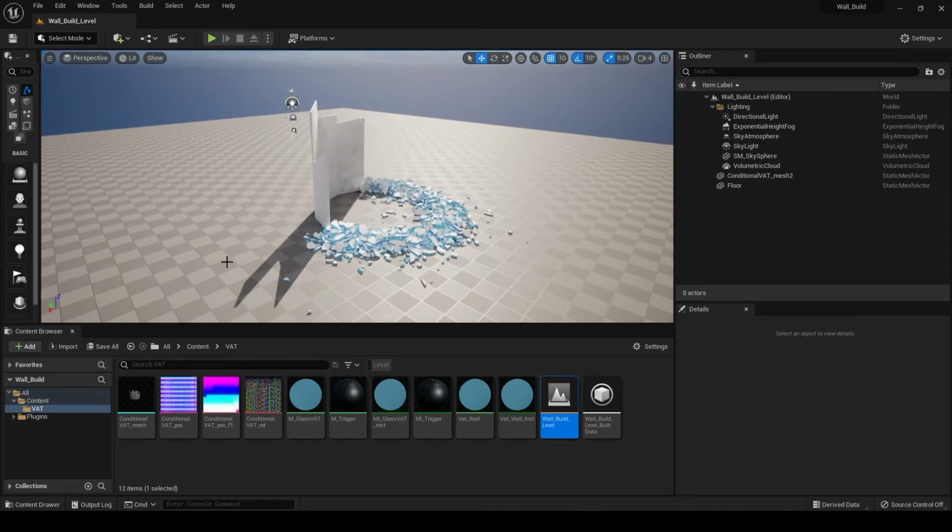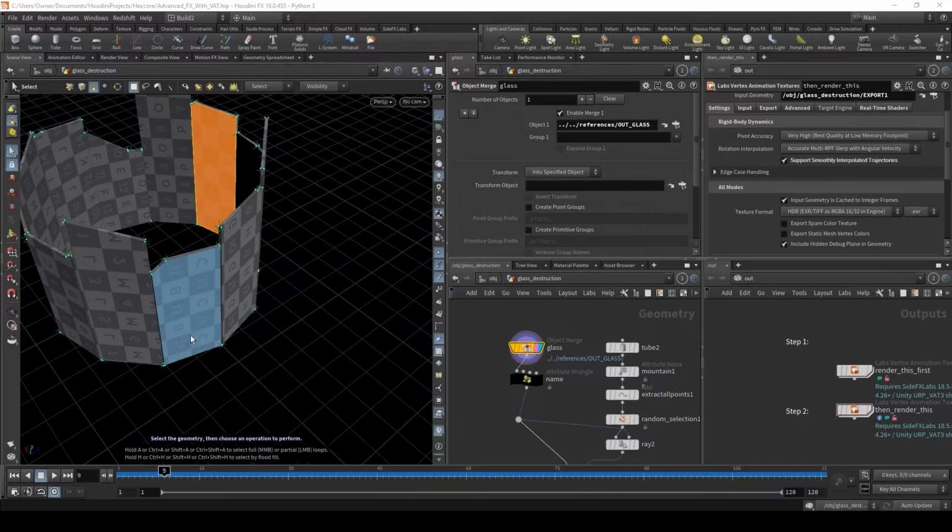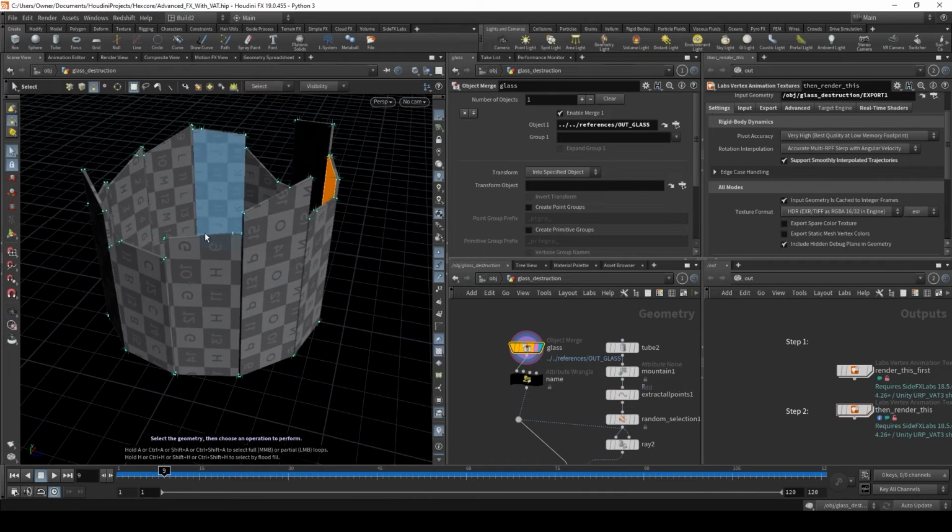Hi, my name is Ben Christensen, and I'm going to show you how I created this vertex animation wall build using Houdini and Unreal. Inside Houdini, you can see that I've imported these glass wall meshes, and then I want